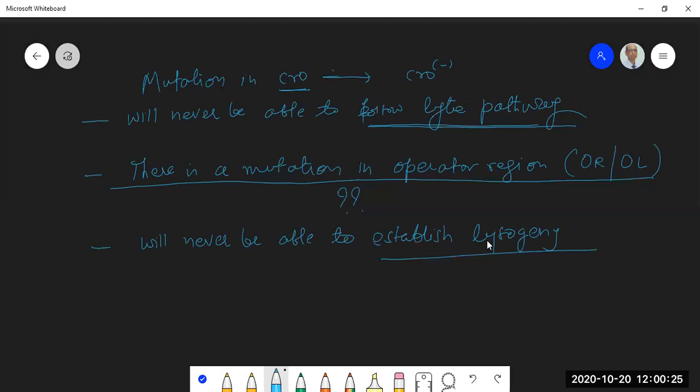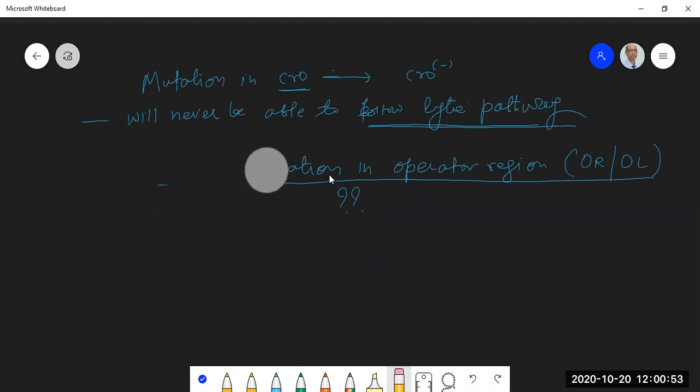And you understand that operator regions are cis-acting, meaning even if you duplicate it by making it partially diploid for a wild type operator, the original thing cannot be restored because these are cis-acting sites. They function by being recognized by the repressor protein. All right. So you can have these kinds of questions. You can ask yourself these kinds of questions and try and answer them based on whatever we have learned.